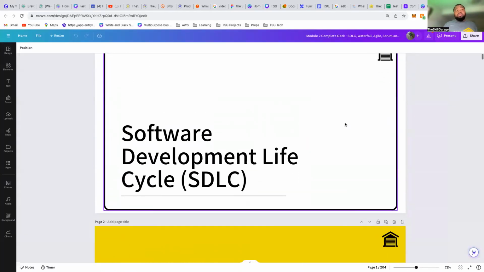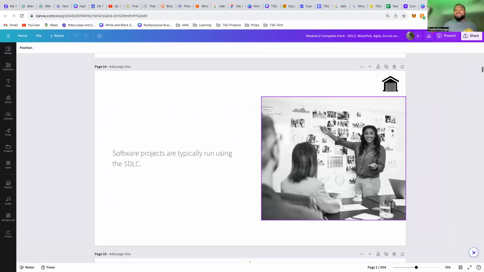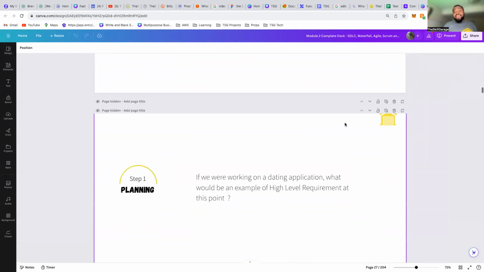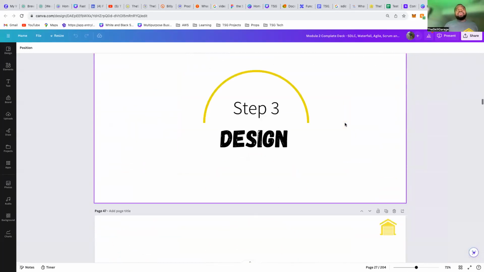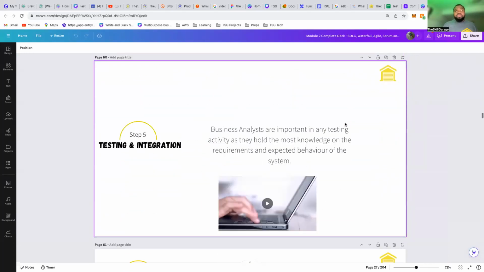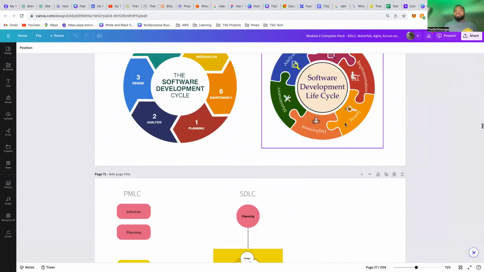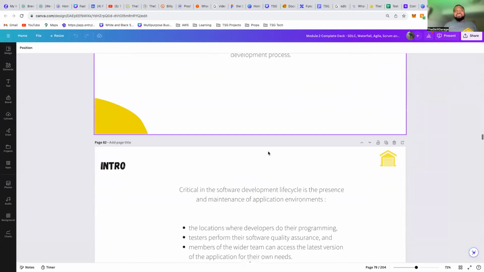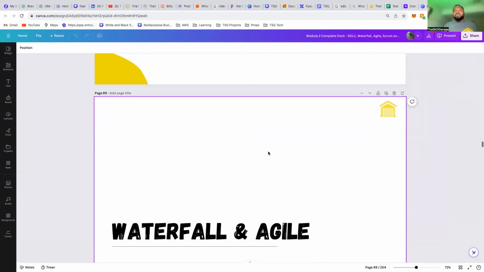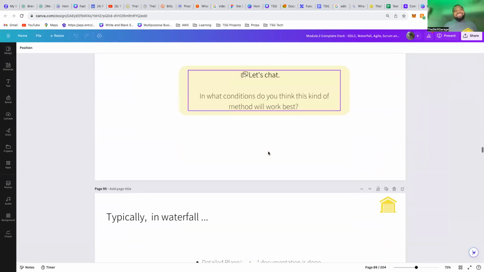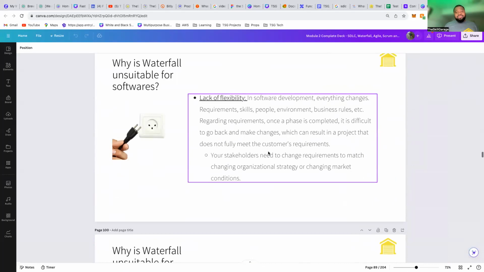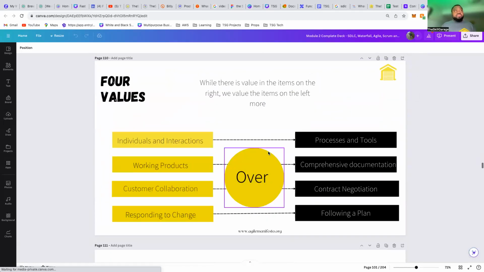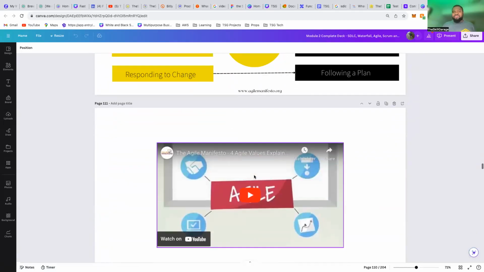So you can see that if I wanted to go through my slides, there's a lot of things I have to go through. That's why I don't like to use slides, there's a lot of things I have to walk you through. What I'm giving you is trying to condense a lot of things. I'll teach you about environments, the different environments. I haven't mentioned anything about environments in this class. And then we go into waterfall. It's a comprehensive thing. So what we are doing here is a crash course. I didn't mention the 4 values, okay?